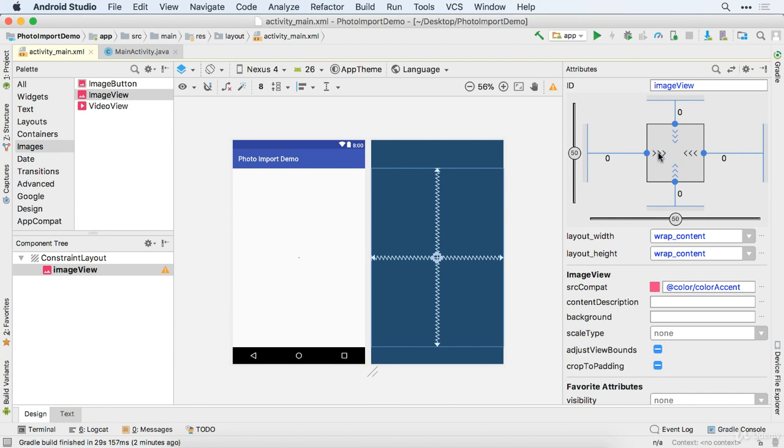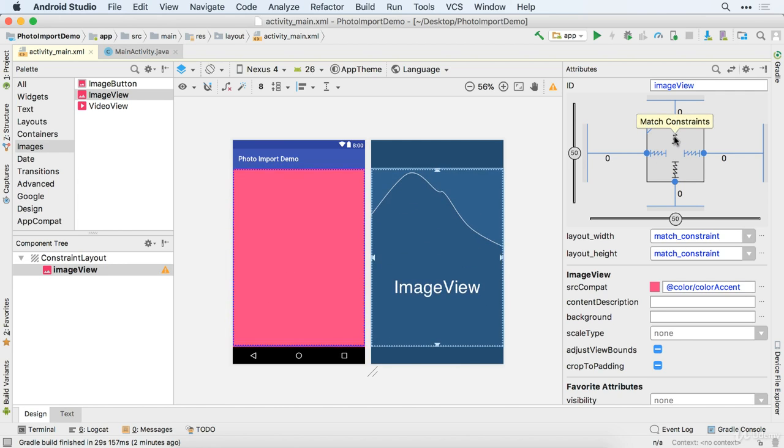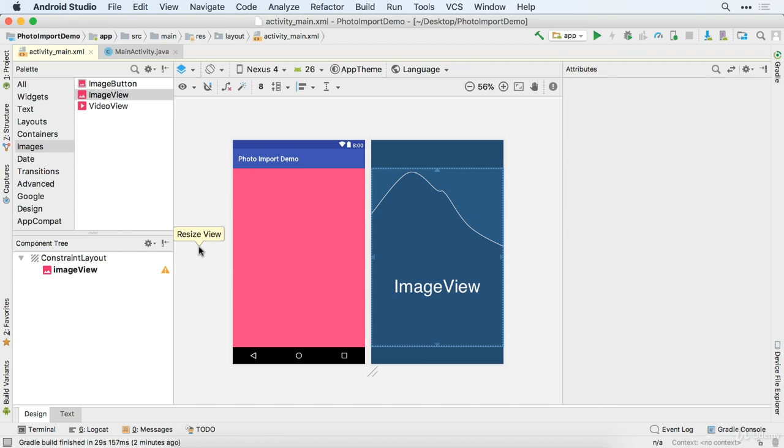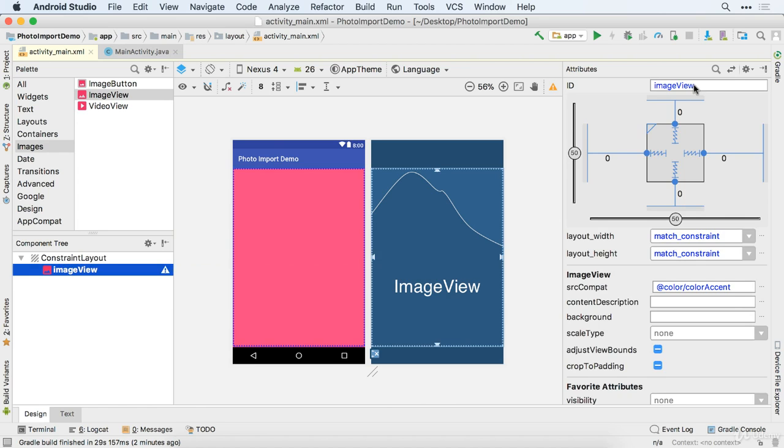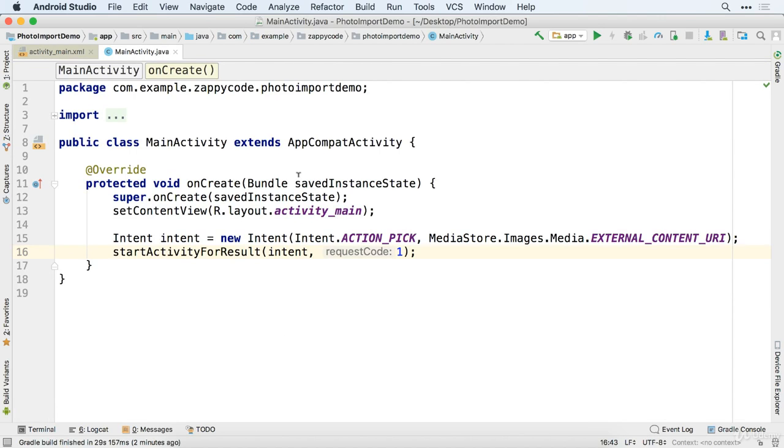Excellent. And we'll go ahead and adjust our constraints so that it actually goes edge to edge here. So we can, boom, look at that. We get this nice pink color there. Well, some people might think it's nice, others not. And let's go ahead and set the image view. Yeah, we could probably just call it image view. That's fine enough. So with this in place, we are now ready to start writing the code in order to